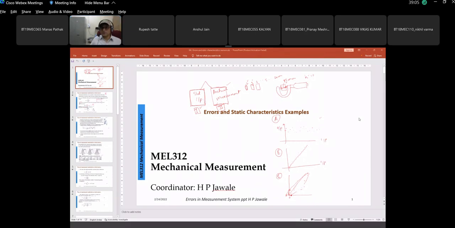Okay, now it's 11:05. We'll start the discussion on the topic. So in the last lecture, we saw the different static characteristics, and now we are about to quantify those. So in this regard, we have seen that the quantities can be